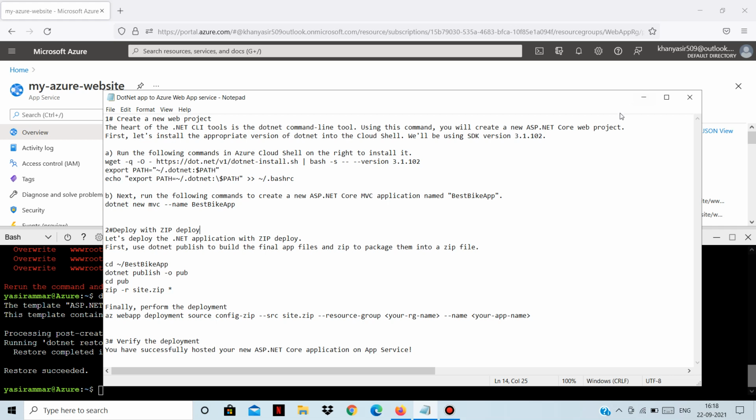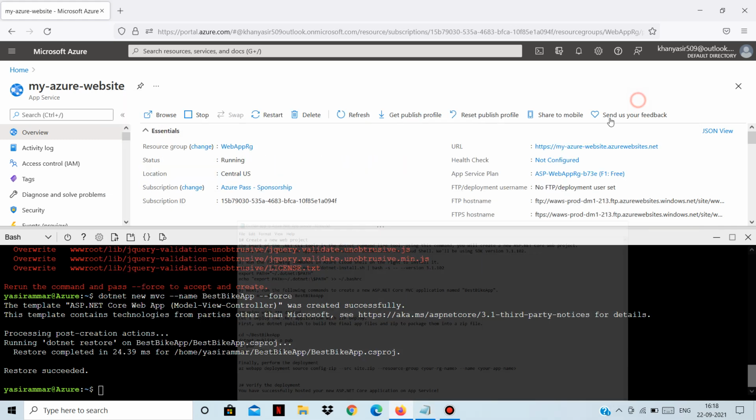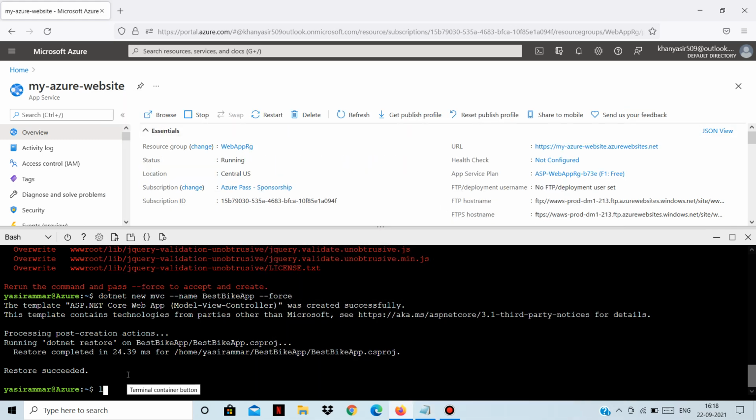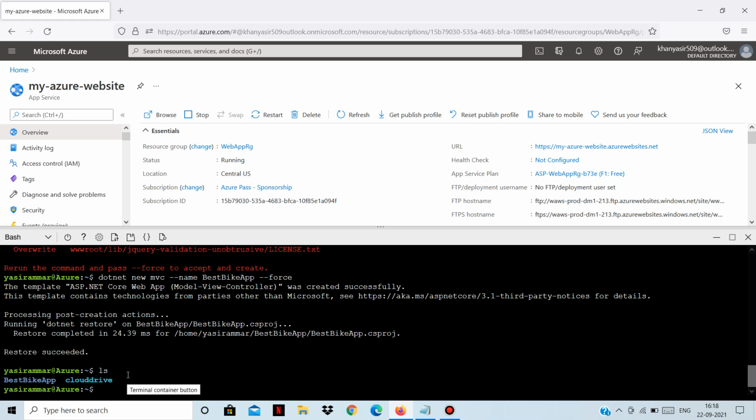So our new web project and web application is now successfully created. Okay, so we can do ls and we can see that we have our application project present here. So we can go into that and see what all files are there.